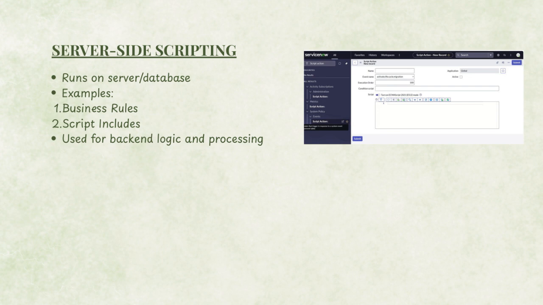Two key components here are business rules and script includes. Business rules help enforce policies and automate actions based on certain conditions. Script includes are reusable server-side scripts that can be called upon whenever needed, promoting efficiency. These scripts run directly on the server or within the database, meaning they handle the heavy lifting away from the